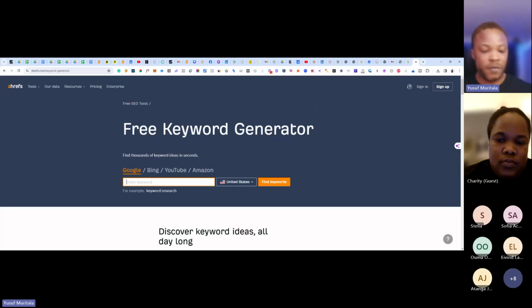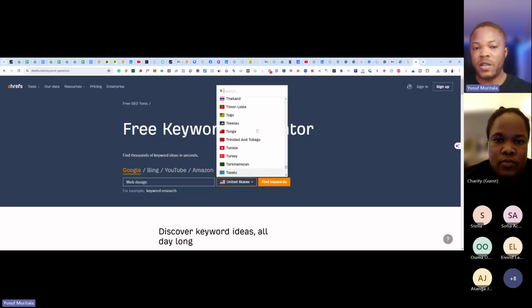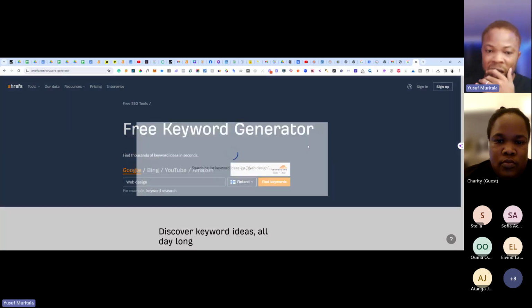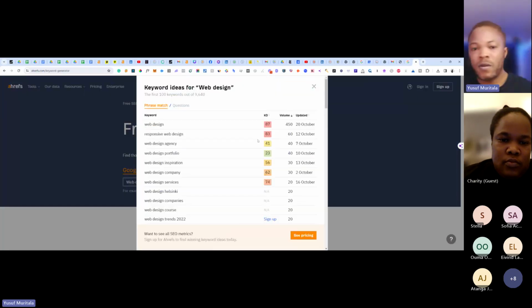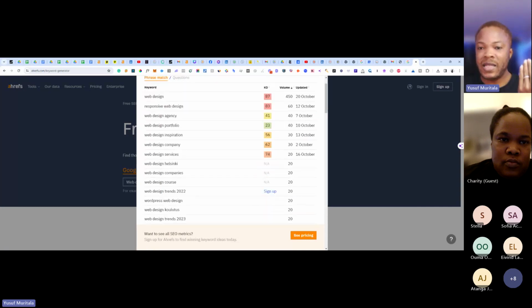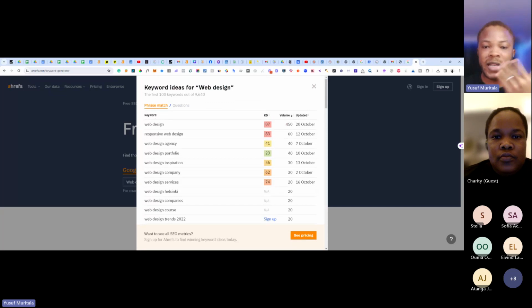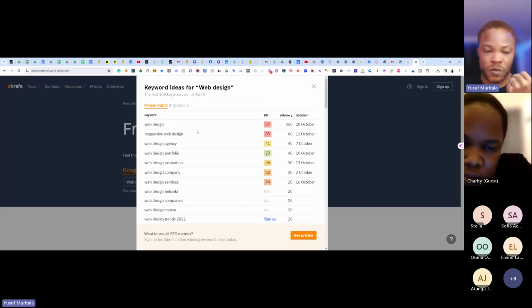You can start with the same thing, web design, and then choose the country, any country you are in, for example Finland. We can choose it here, then search and see how everything looks in terms of the data it wants us to work with.